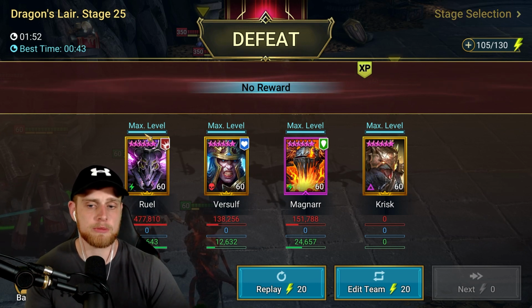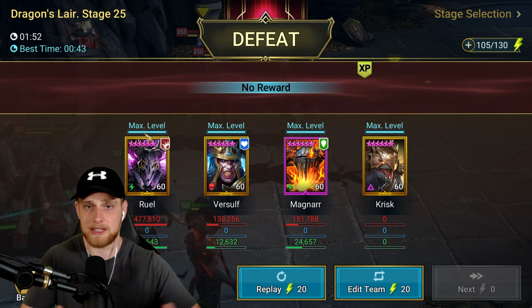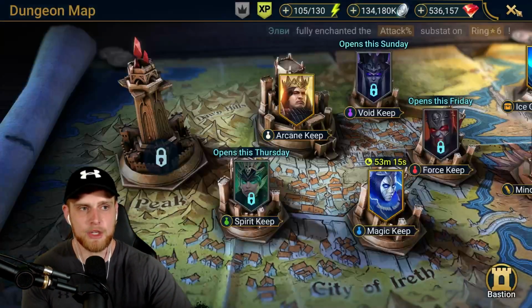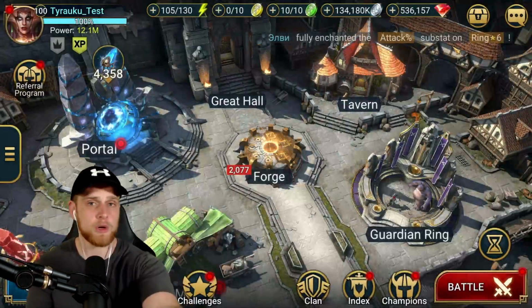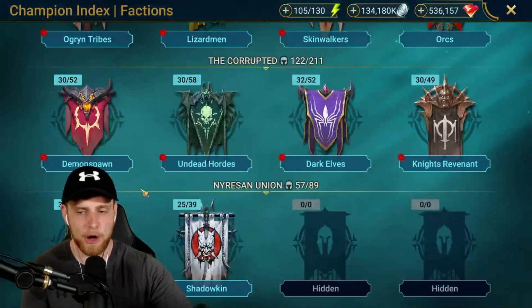I'm probably going to start building some teams with Ruel because that extra damage boosted across the entire run can definitely add up to some pretty significant damage. Now, let's go in here and look at a few other champions. Let me know which ones you guys can think of that I may have forgotten, but Mashald, the most